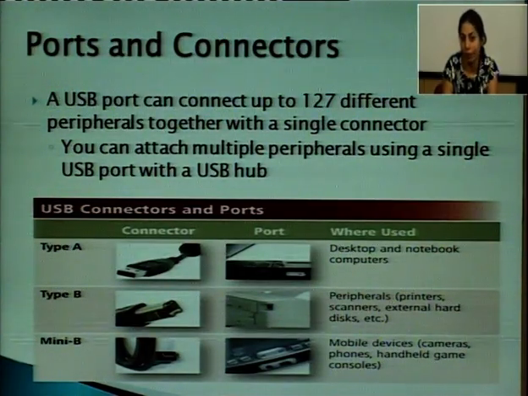So, these are the various descriptions of USB connectors and ports depending on the various devices.